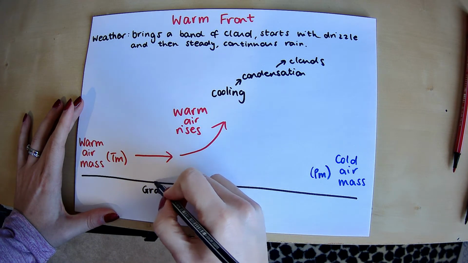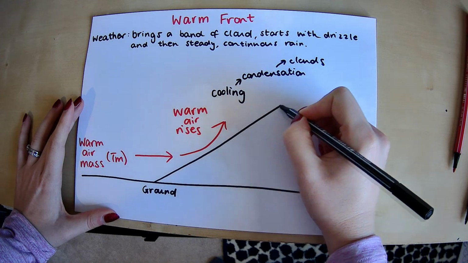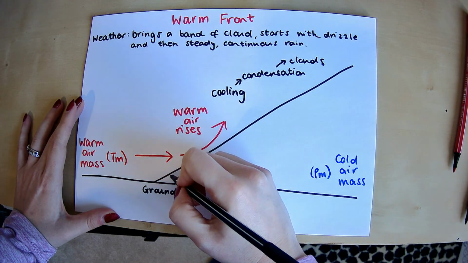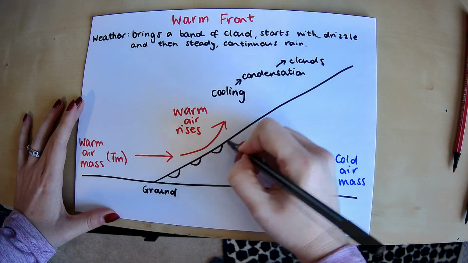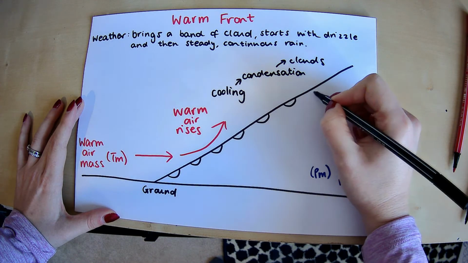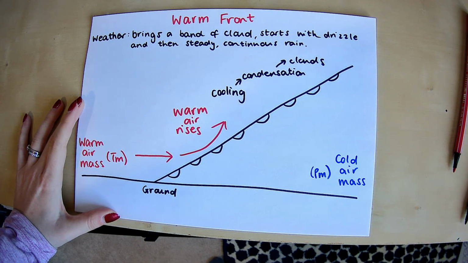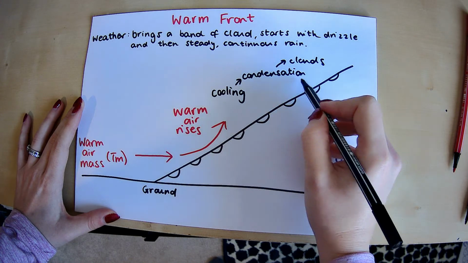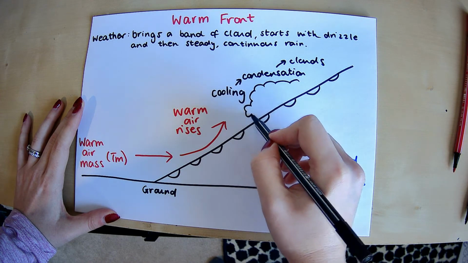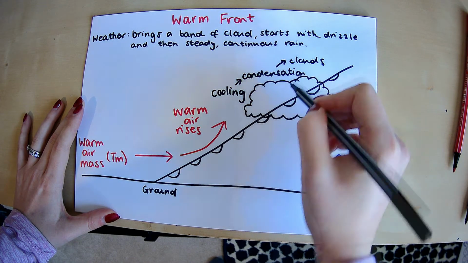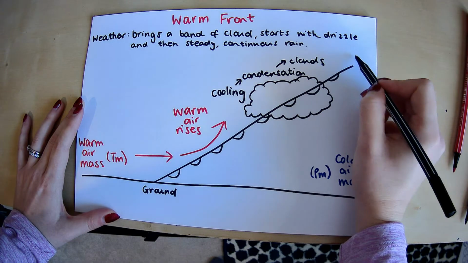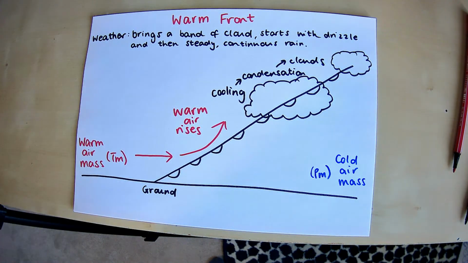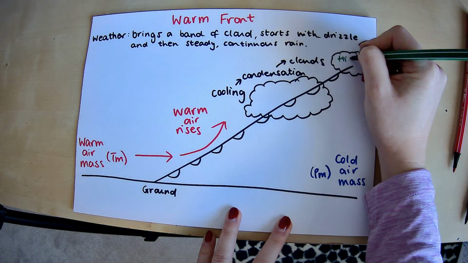A warm front tends to be at an angle like this. Okay, so this line here I've just drawn is our front, and I'm going to draw on some little semicircles here. I'll explain why in a moment, but these semicircles represent our warm front. So the warm air is rising up here, and we've got cooling, condensation, and clouds. So this is going to form clouds here, and even higher clouds up here. So these are high clouds